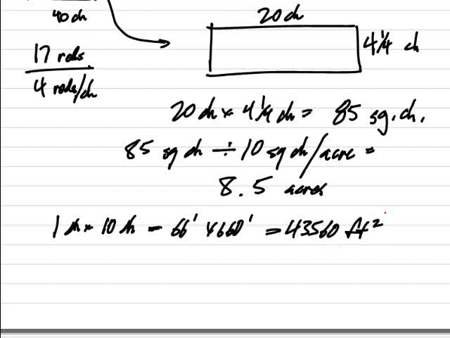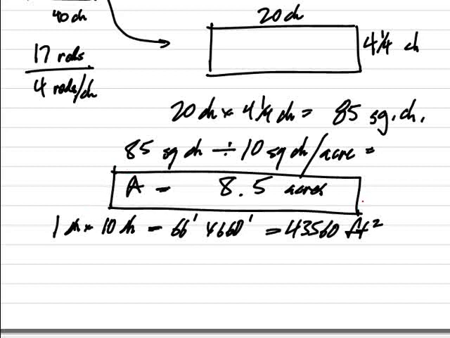But doesn't that make things harder than it has to be to convert into feet? Yes. So I would recommend always working in the simplest unit possible. Our total area in this case was 8.5 acres, and we never worked